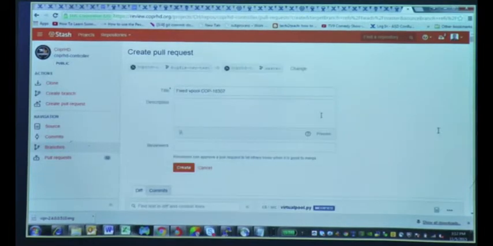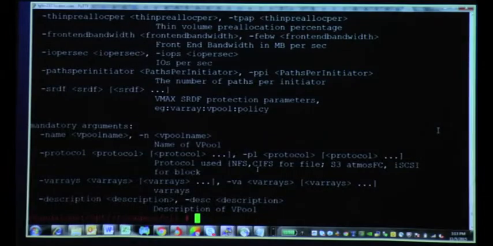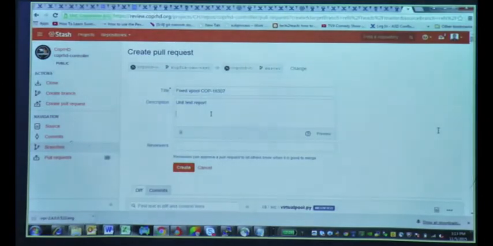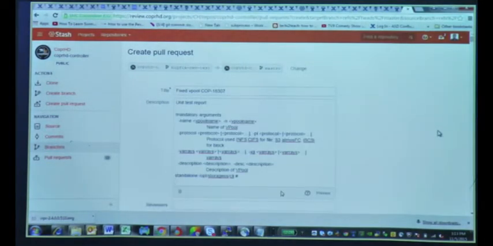There's one more important thing. In the description, you need to provide something called a unit test report. This should be either a sanity script which was run or the outputs you got from the commands. You would probably copy this here. Basically, it means that you have tested the code. That's what you are sending as part of your review request. So without the unit test report, we don't review the code request.